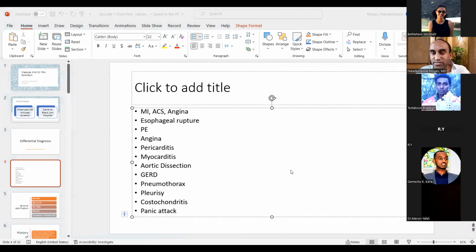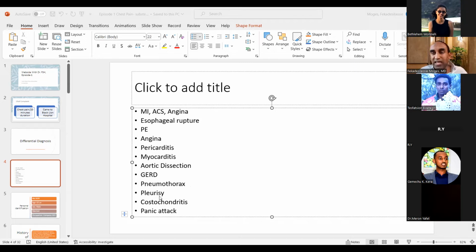I'm sorry, I have a question. When it comes to the pneumothorax, would it present as a substernal chest pain? Not really. It may not be. That's a good point. Instead of saying pneumothorax, we better say pneumomediastinum. Why do patients develop pneumomediastinum? Probably related to esophageal rupture. So you can say esophageal rupture, pneumomediastinum can be a differential diagnosis. Pneumothorax is less likely.